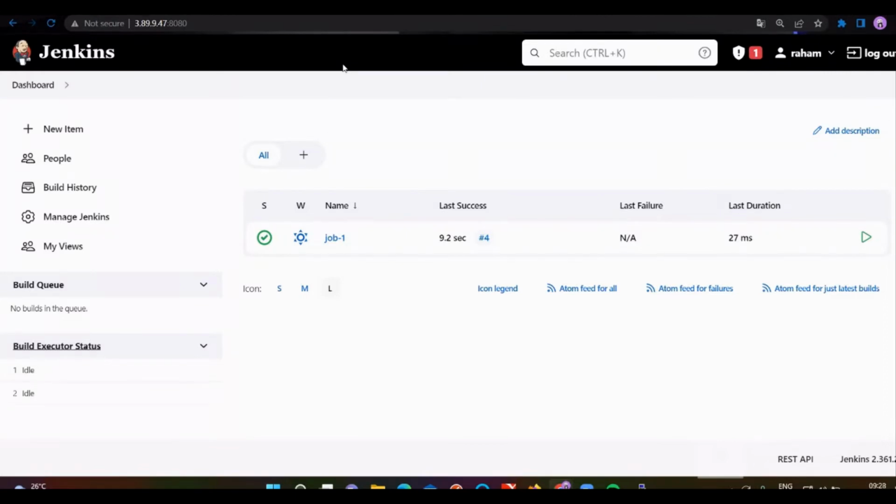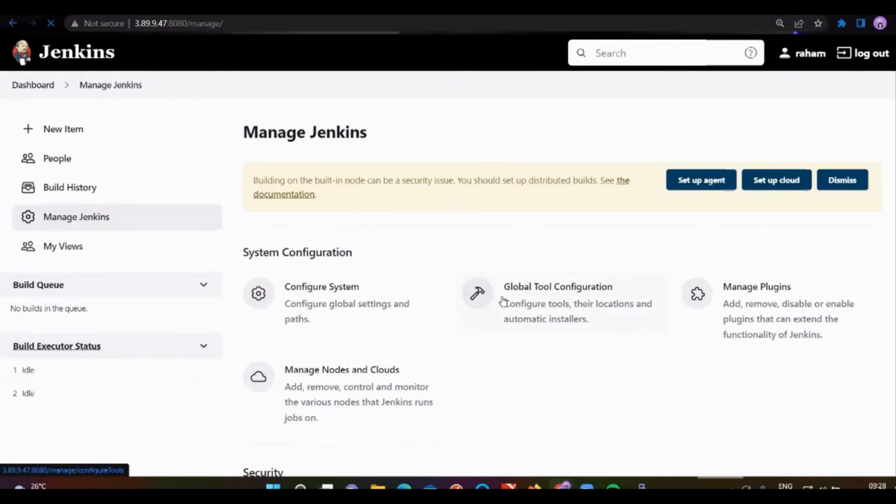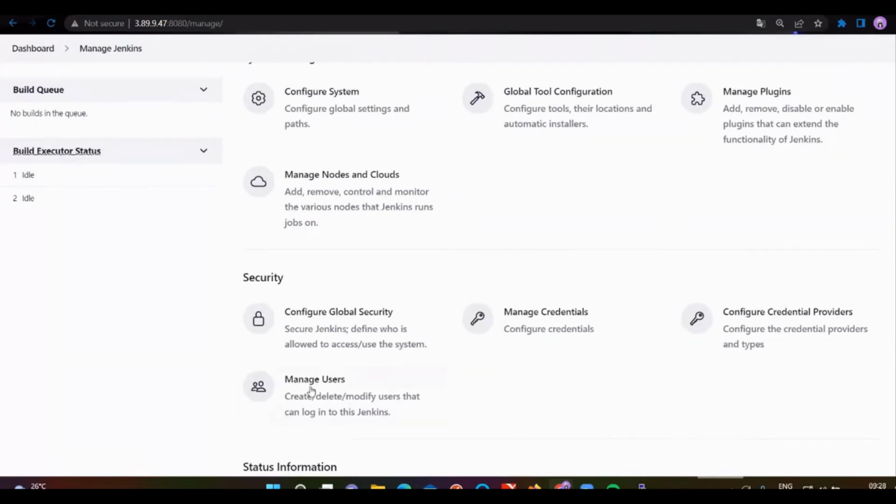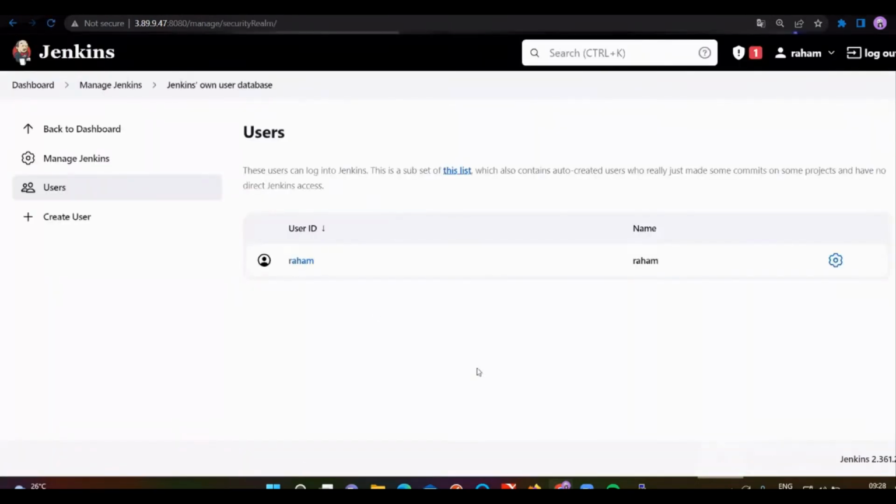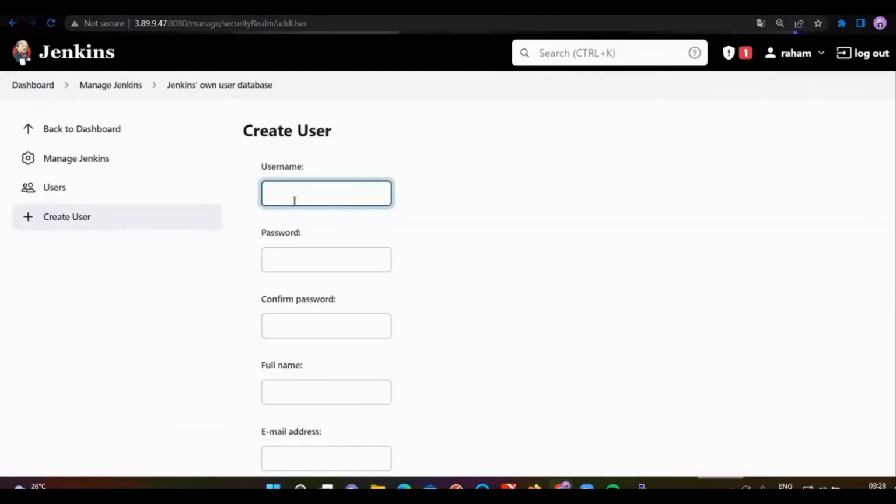How we can do it is, first of all, go to Manage Jenkins. Here you can find something called Manage Users, right? Click on Manage Users. How many users do we have initially? One user. What I'm going to do is create a new user. I am giving the username as user1, and the password I'm giving as